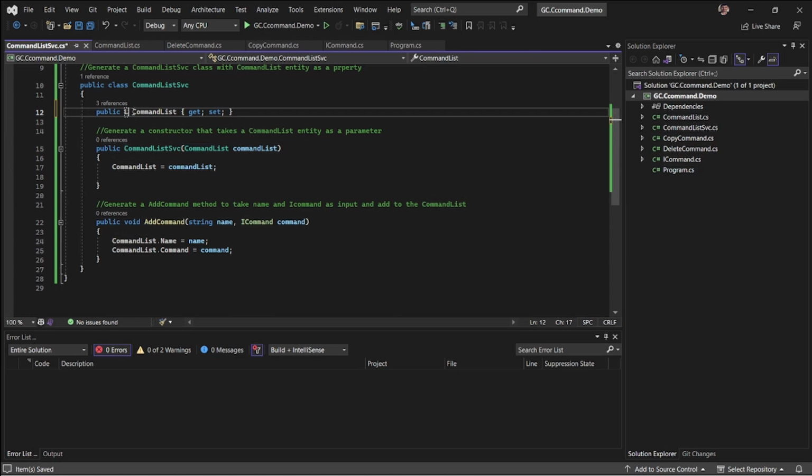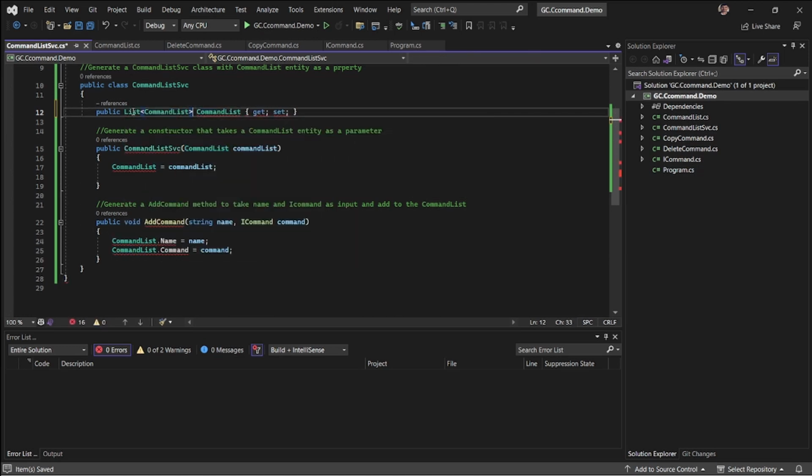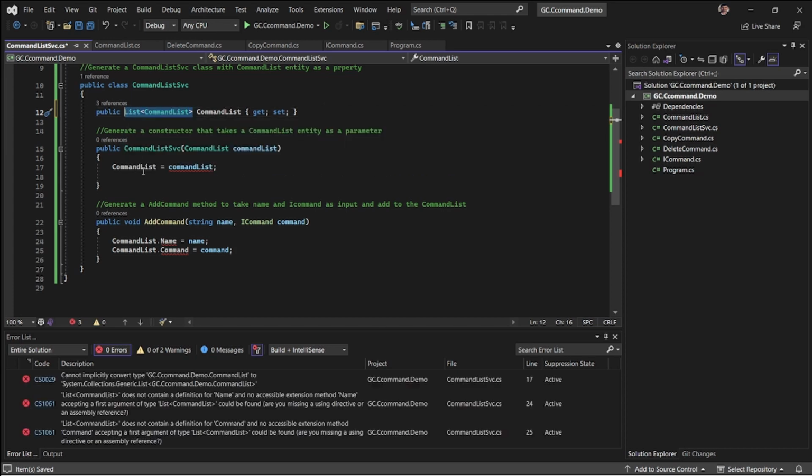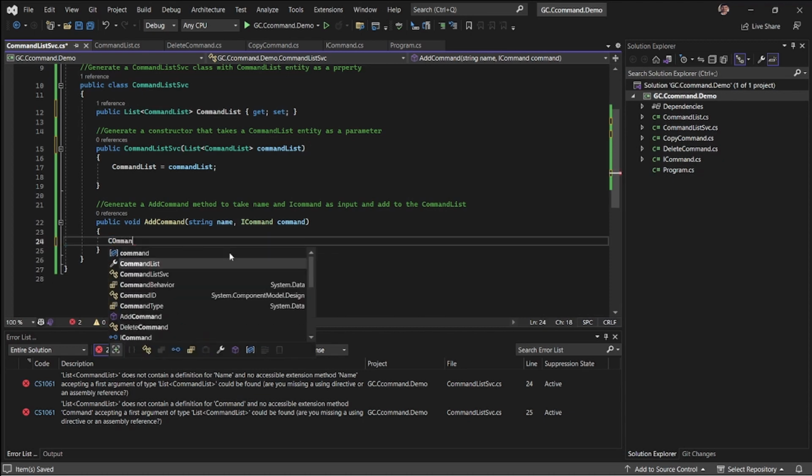So this would be a list of commands. So let me quickly manipulate this manually. Again, given a prompt, GitHub Copilot may be right, or may give you wrong information, right? So depending on that, now what I'll do is